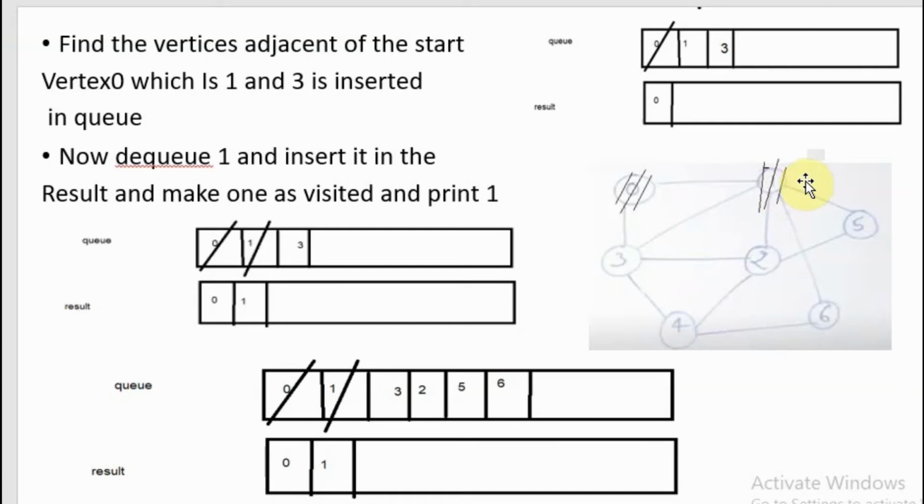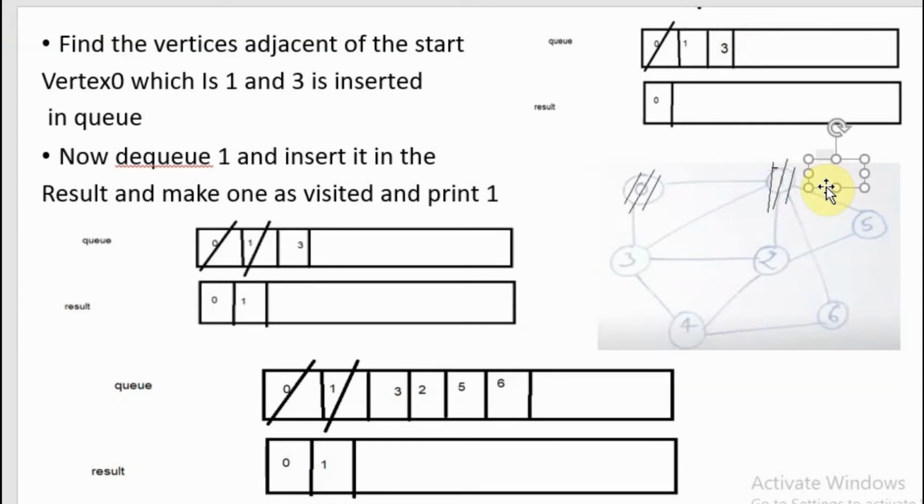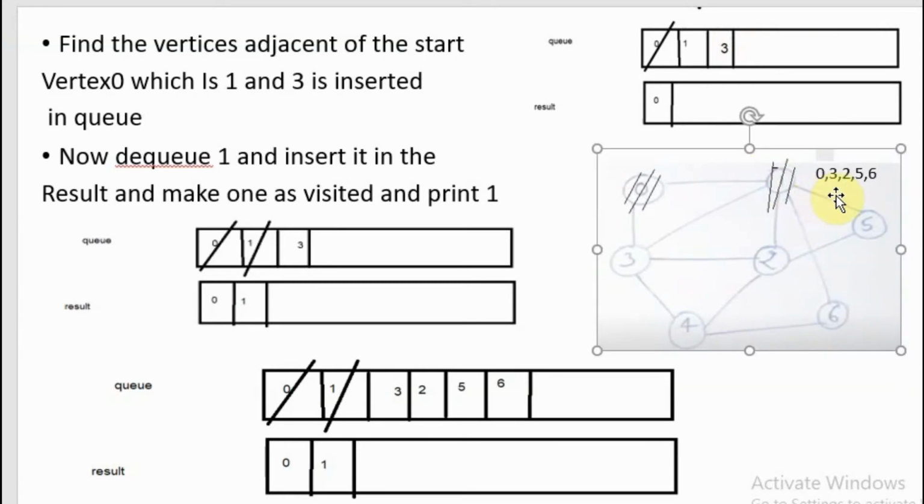And next, you have to check the neighbors of 1. The neighbors of 1 are 0, 3, 2, 5 and 6. According to the algorithm, next you have to insert unvisited adjacent neighbors of 1 into the queue. So 0 has already been inserted into the result, visited and printed, so no need of taking that.